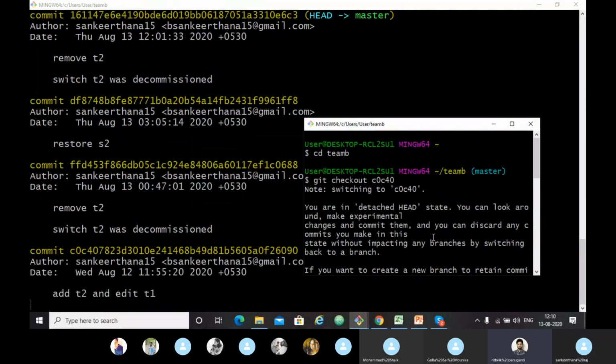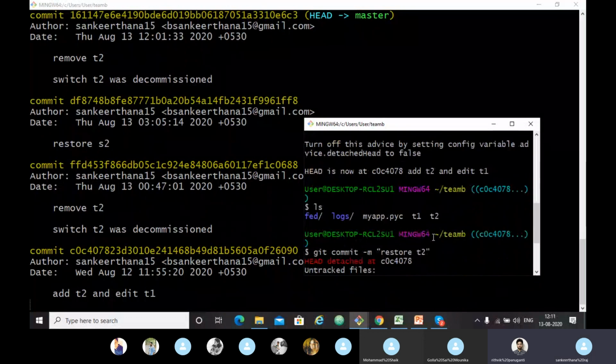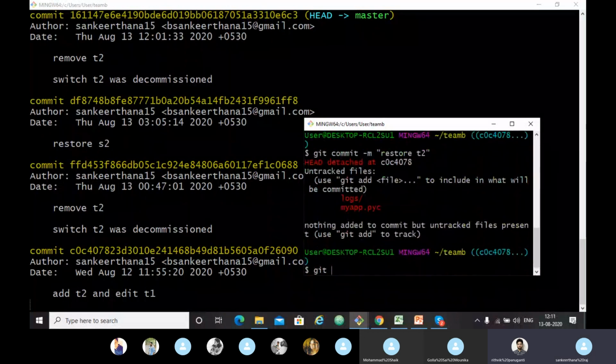We don't need to check out that. Once I'll check with them, git checkout hash -- file.